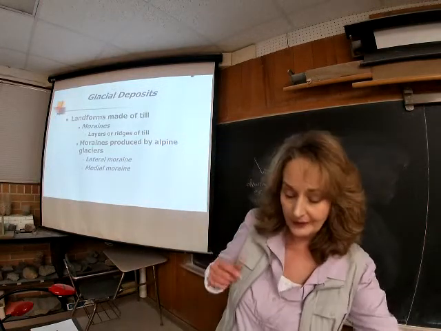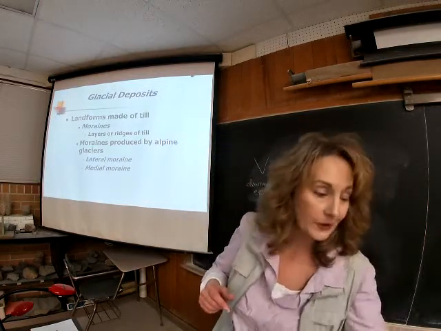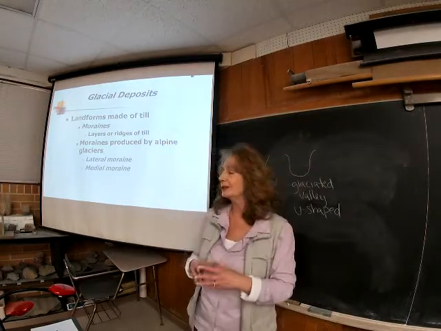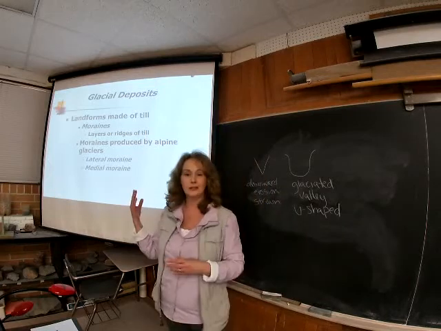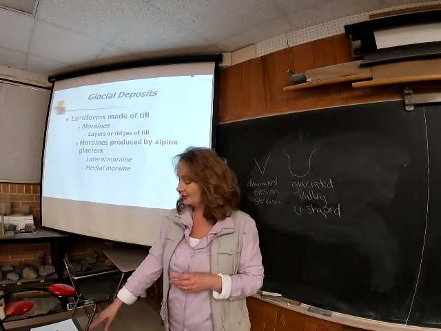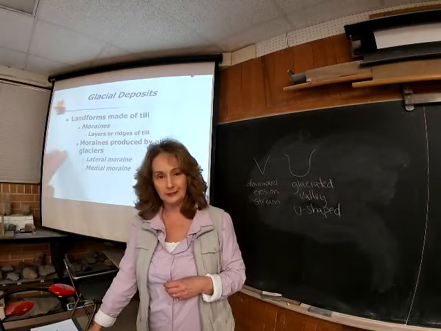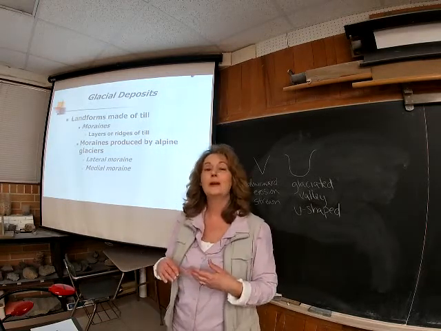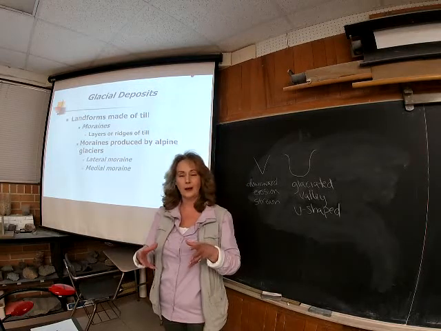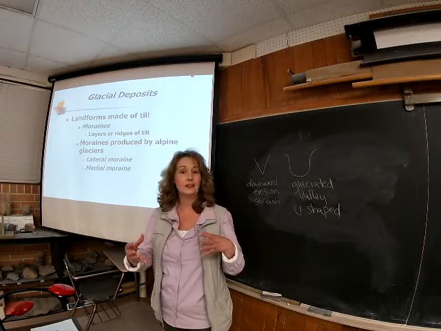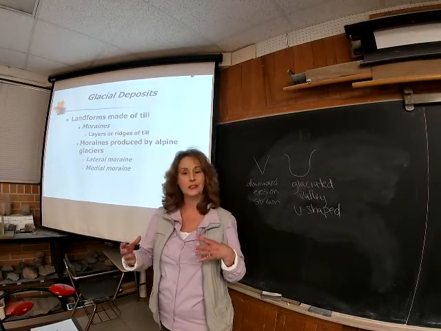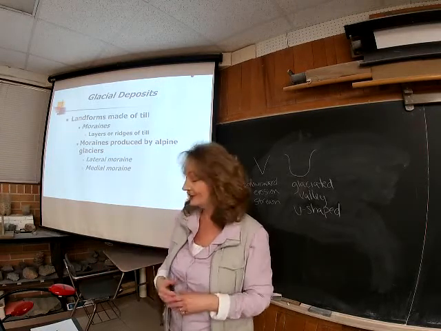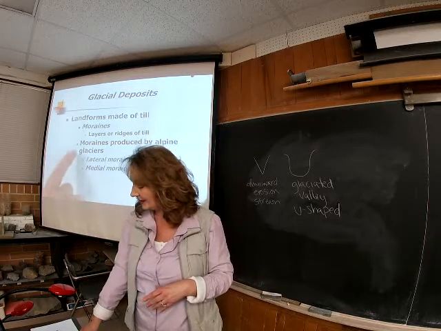Okay, the landforms that we can get from the till, we kind of just alluded to it just a little bit ago, the moraines. So the moraines are layers or ridges of till, right? The sediment that drops out. You can get ridges of the material that can build up, just depending on how long the glacier stays in one kind of position, is kind of melting at its front edge, right? It can get a layer of the till to build up. And so here we've got